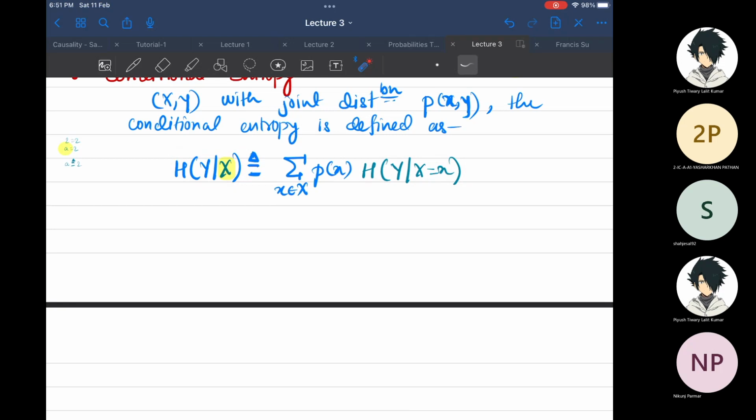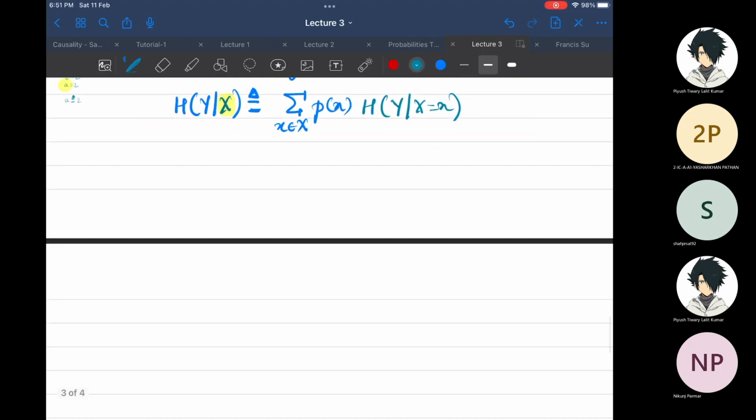But notice that there is a difference in the way I have written it. Here I have just written the conditional variable x, whereas here I have written what the conditional variable is. I hope you understand the difference, right? If I tell you that y is conditioned on x, I don't tell you what the exact value of x is. There is some uncertainty about x as well. However, if I tell you exactly what the value of x is, then you are certain about the value of x. That is the difference in these two terms, the entropy term here and the entropy term here.